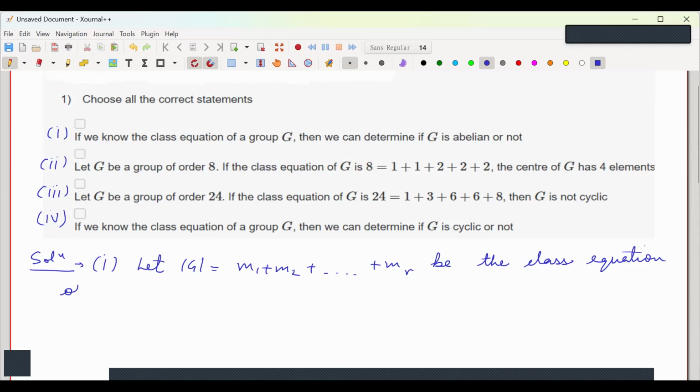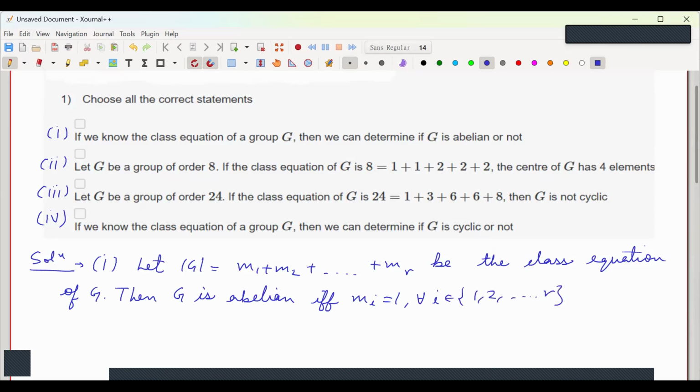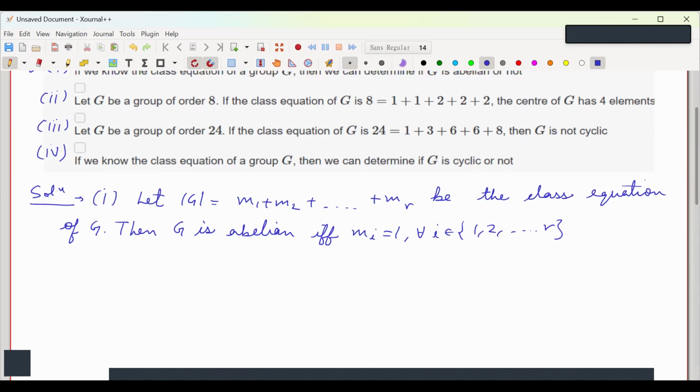Of G, then G is abelian if and only if all m_i are equal to 1, right? Is it correct? Yes, sir. And this is because